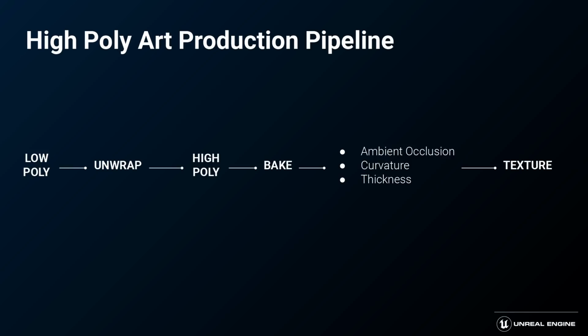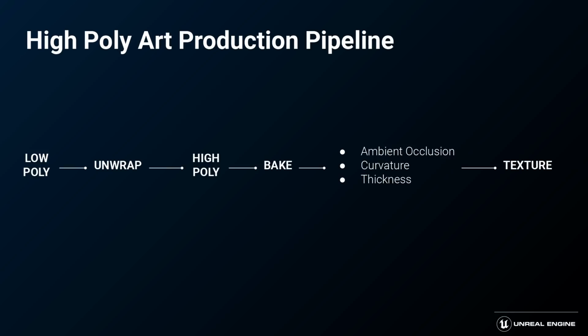information that we'd normally only get from baking high poly detail onto a low poly detail, like the normal map, we're just getting information about the curvature and the surface of the high poly that we're working with. So in this instance, we might have an ambient occlusion map, we might have a curvature map, we might have a thickness map, but we wouldn't have a normal map because there's no additional information that needs to be baked onto the asset. And then we can use these textures to build our texture pipeline like we would inside Quixel's Mixer or inside something like Substance Painter.